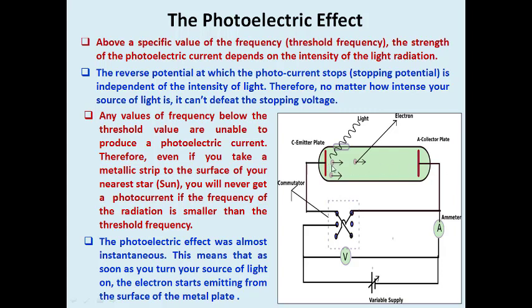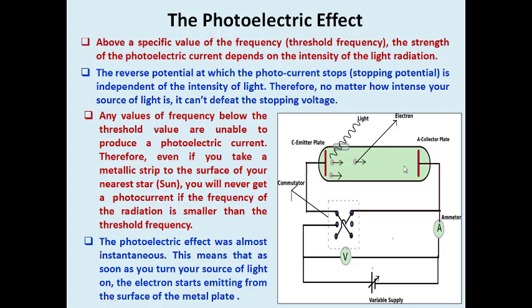When charges are moving from one end to the opposite end, you say it is conductivity, otherwise you say it is photocurrent. So due to the concept of the incident photon, there is a chance of movement of electrons from emitter to collector, which is named photocurrent. This is the concept of the photoelectric effect.